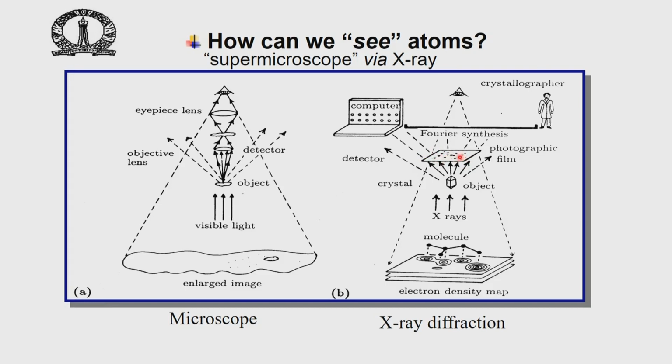Then we solve the phase problem by some means and do a Fourier synthesis, with the help of a crystallographer in earlier days, but nowadays it is only the computer which can do the job. So, we do not need a crystallographer. We just use the computer and do the image reconstruction, and once we do that, we will get the image of the object.